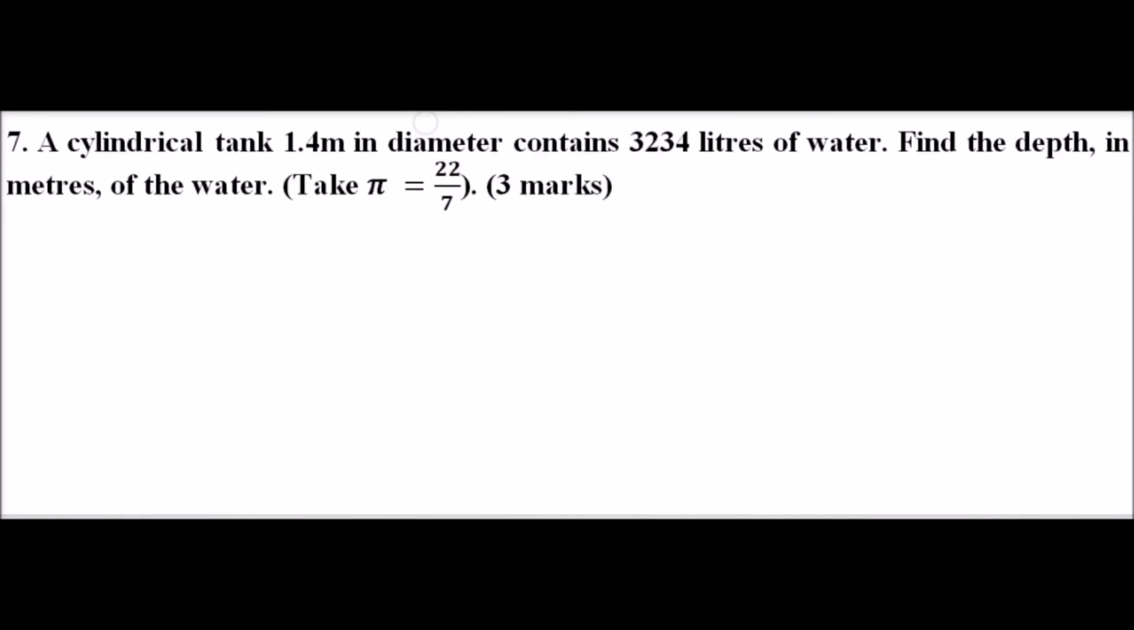Question number 7, we are told a cylindrical tank 1.4 meters in diameter contains 3,234 liters of water. Find the depth in meters of the water. Take pi equals 22/7. You get 3 marks. So if we make a sketch here of the tank, it looks like that. We have been given the diameter is 1.4 meters, so that is the diameter,